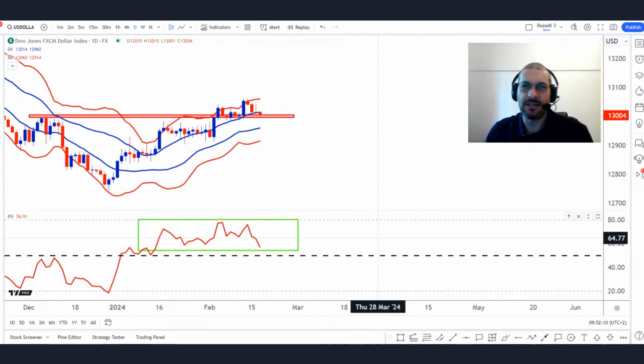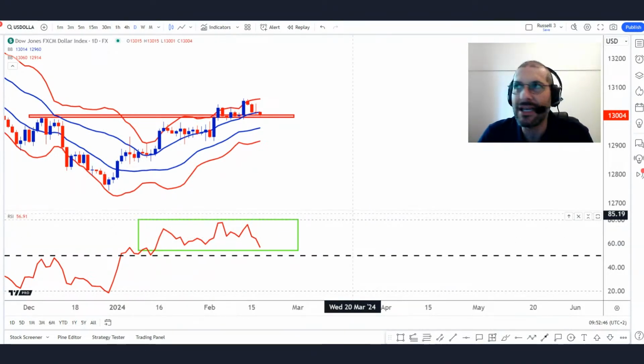So let's just reiterate what we've spoken about. We've spoken about the real rate, which is looking almost ambivalent because of that doji. So we've got to see if that carries on creeping up. If it creeps on up, it takes the dollar with it. We've taken a look on the weekly. There was some pressure on the US dollar last week. That's led to a pullback, and that pullback seems to have pulled back into support. And now it's worth seeing if there is going to be a dip in the trend.